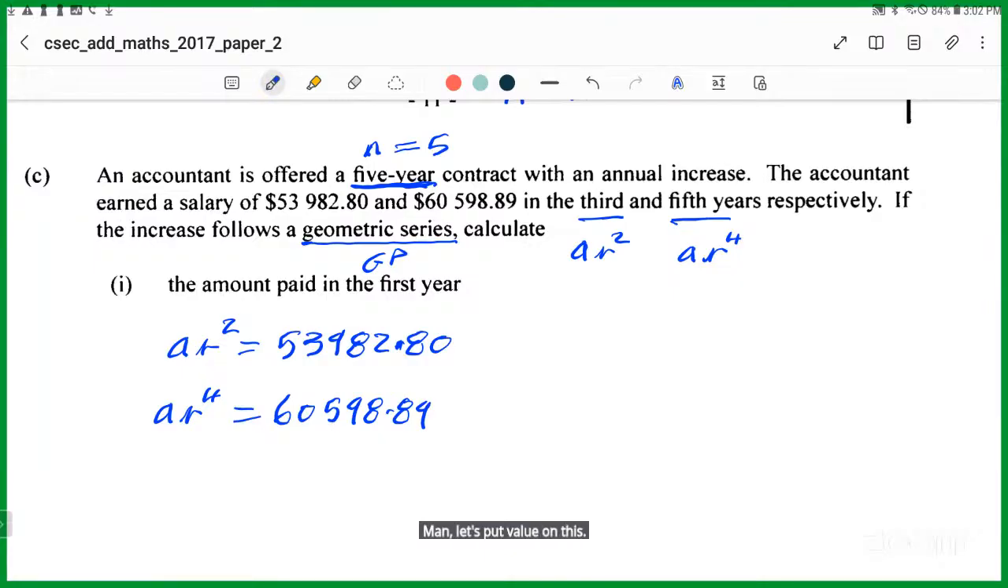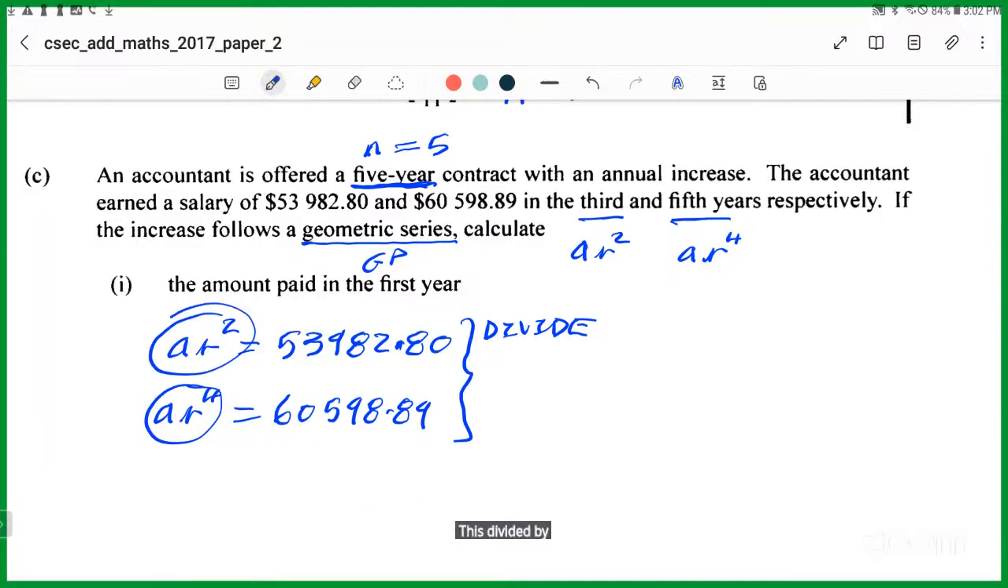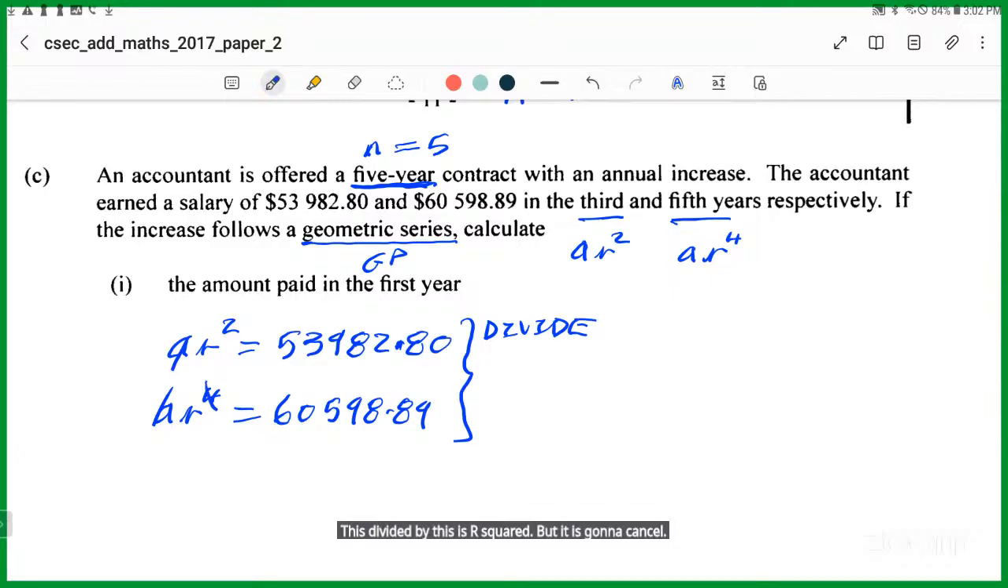Now to simplify this, we're going to divide. We can divide this one by this one. So putting this over this, this divided by this is r squared. The a is going to cancel, and r to the fourth divided by r squared is r squared. Tell me if you see it. We're going to get r squared